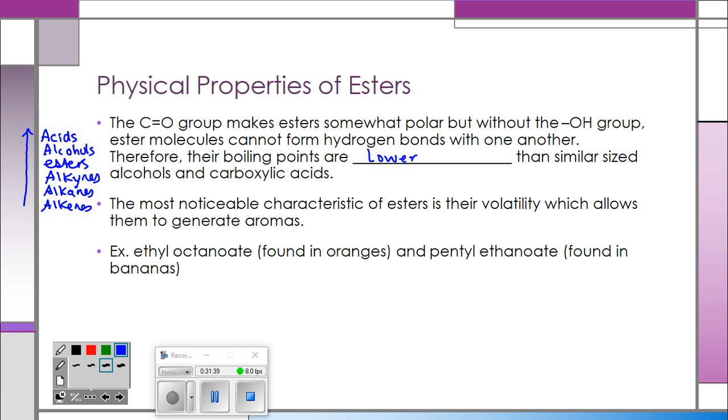That's basically their solubility as well, except the first 3 aren't even soluble. And as you go through esters, alcohols, and acids, the acids tend to be more soluble than alcohols, which are more soluble than esters. Now, esters, because of their volatility, lets them smell. They generate aromas. A lot of fruity flavors come from esters. So oranges, bananas,